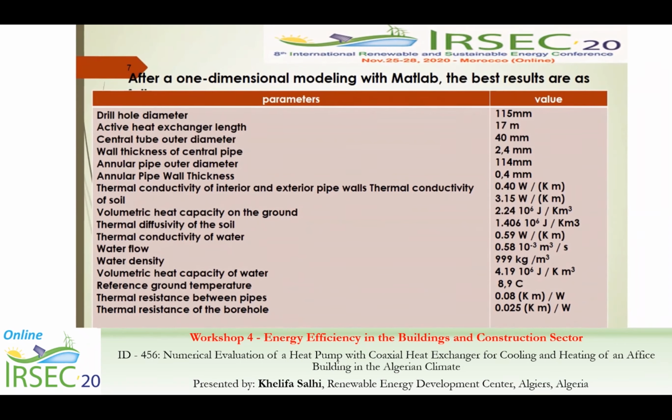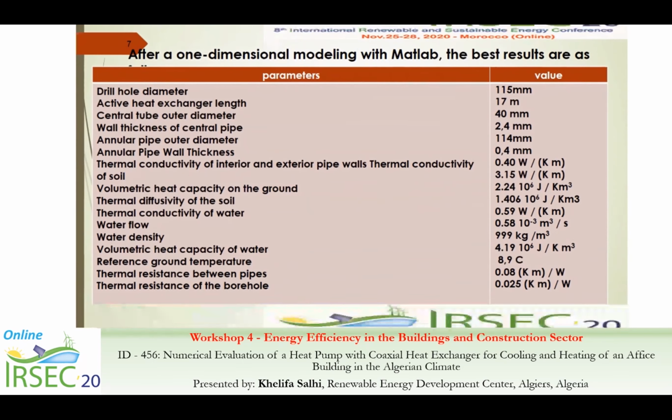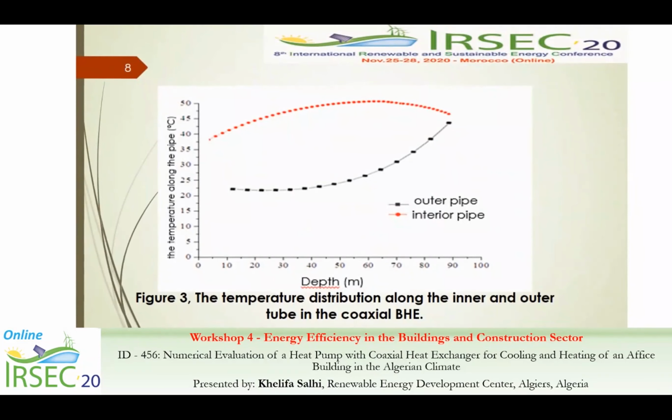The results are for the whole heat exchanger. The figure presents the temperature distribution along the inner and outer tube in the coaxial heat exchanger. The temperature of the water increases with depth along the ring, gradually at the beginning and quickly after. Before peaking at the bottom of the wall, the maximum bottom water temperature decreases from 37 to 14 during the